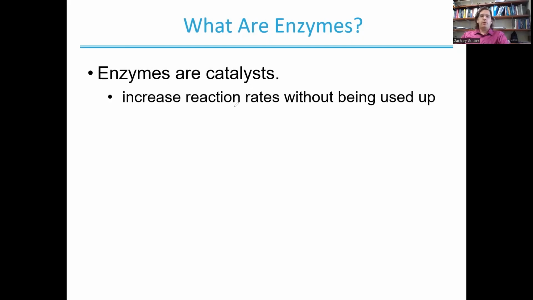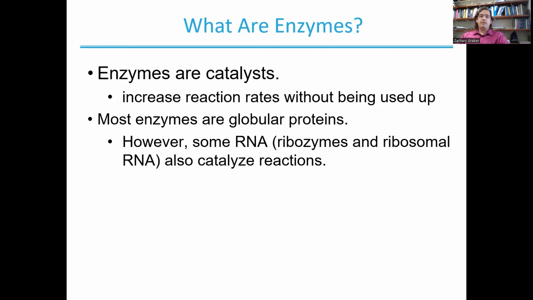One of the most important roles of proteins in our bodies is as catalysts. Our protein catalysts are called enzymes. So, of course, enzymes, like all other catalysts, increase reaction rates without being used up. The majority of the enzymes that our body uses to control our reaction rates are globular proteins. There are some other biomolecules, such as RNA, that are used to catalyze reactions, but it's primarily proteins that perform